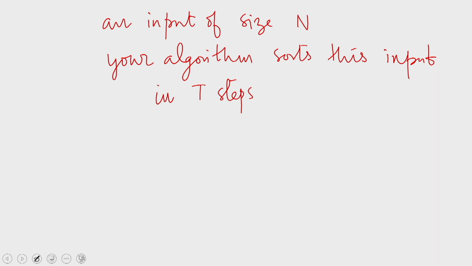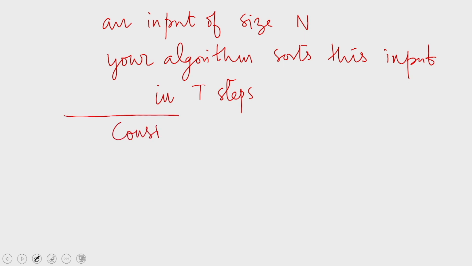So, this is an adversarial argument. You suggest an algorithm that sorts an input of size n in t steps, capital N and capital T, then I claim that this n and t should satisfy the claim. For this purpose, I, as an adversary of your algorithm, will try to make it work badly. To this end, what I do is this: